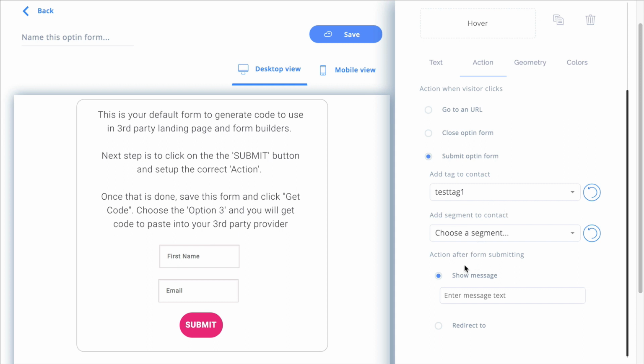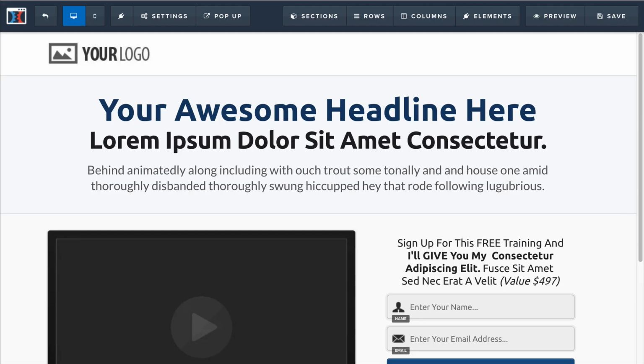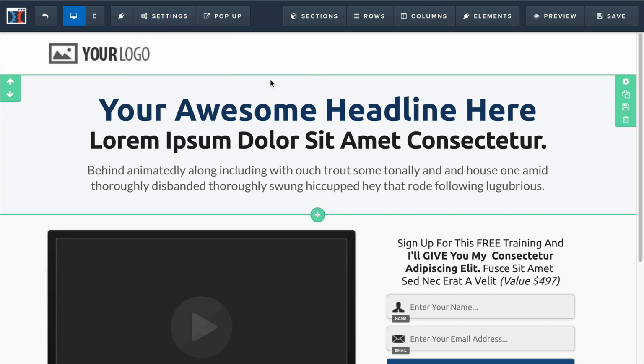And then another important thing is once they click submit, we want to redirect them to a different URL. That's key because obviously with ClickFunnels, you're building funnels, so it's a series, and it goes from one page to the next page. So we need to know where to send them when they click submit. So now let's go back into ClickFunnels.